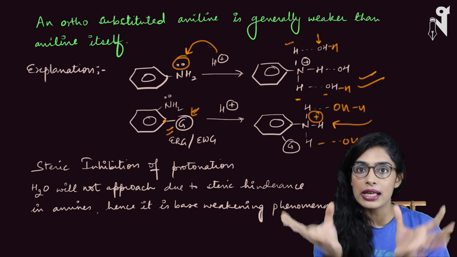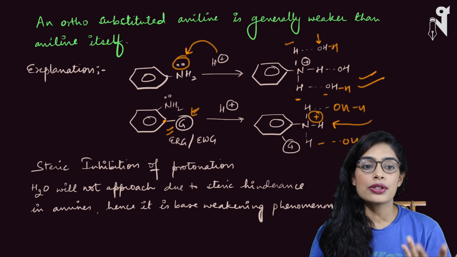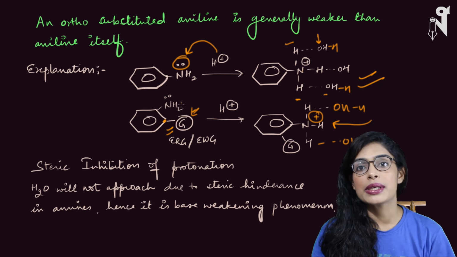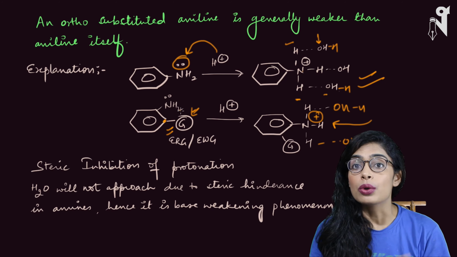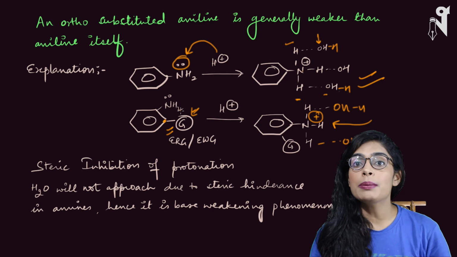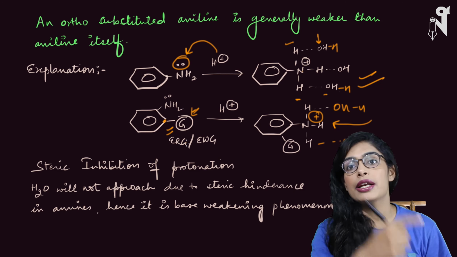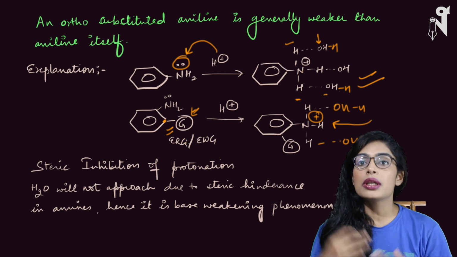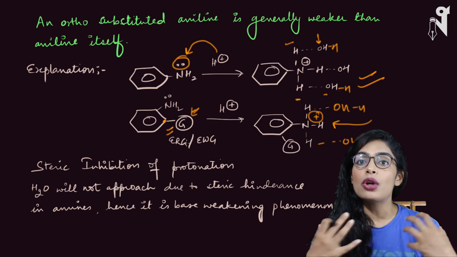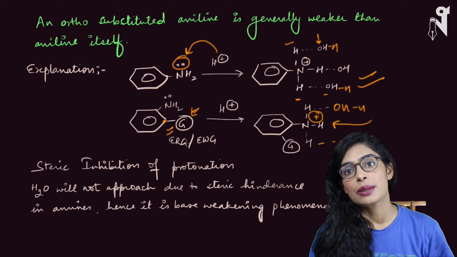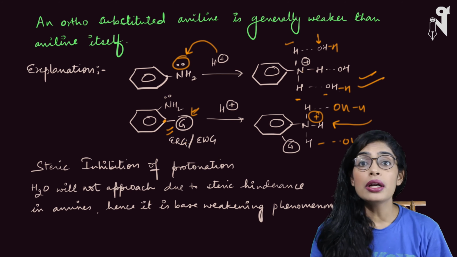So even though nitrogen has a lot of electron density, let's say if instead of hydrogen there are NR groups over here, basically a secondary or a tertiary amine, in that case the electron density around nitrogen will be even more. But what is the problem? The problem is, even though it has a lot of electron density, if any group is present on the ortho position, that will restrict the entry of water or the Lewis acid towards nitrogen, and hence nitrogen, even after having a lot of density, will not be able to exhibit its basic property, and this is exactly called steric inhibition of protonation.